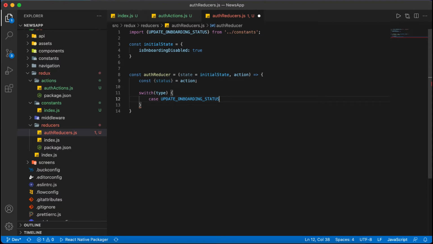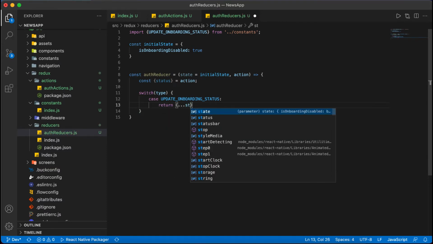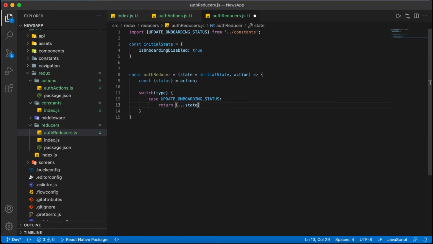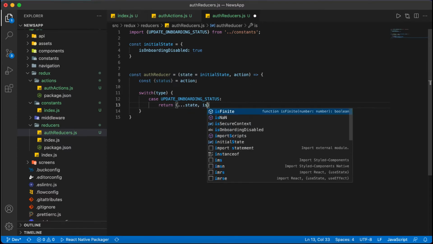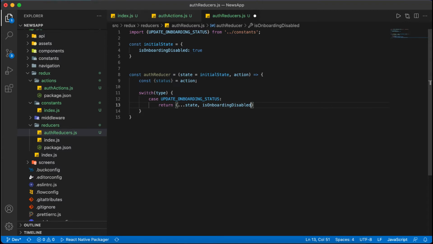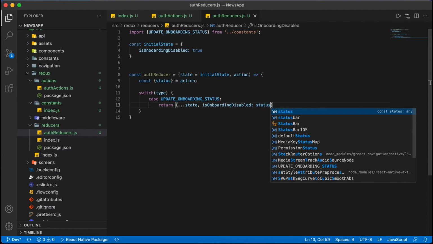If it is update onboarding status, then we will return the state, all state, combined with isOnboardingDisabled with the value status. So we will update that to false later. Whenever it is true we will display the onboarding screen, and after that we will display the splash screen.